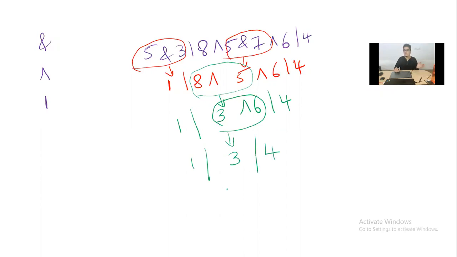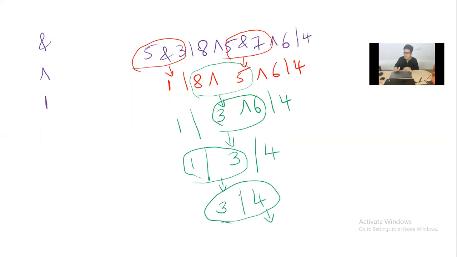Now you have to solve it from left to right. What is 1 or 3? Now you have to solve this. Maybe 1 or 3, I'll take it as 3. Again, or 4 is there. And if I solve this, maybe the answer will be 7. So this will be our answer. So this is how you have to solve. And the procedure you already know because you have done the same thing for logical and arithmetic operators also, right? It's the same. You just have to know the precedence level of the operators.